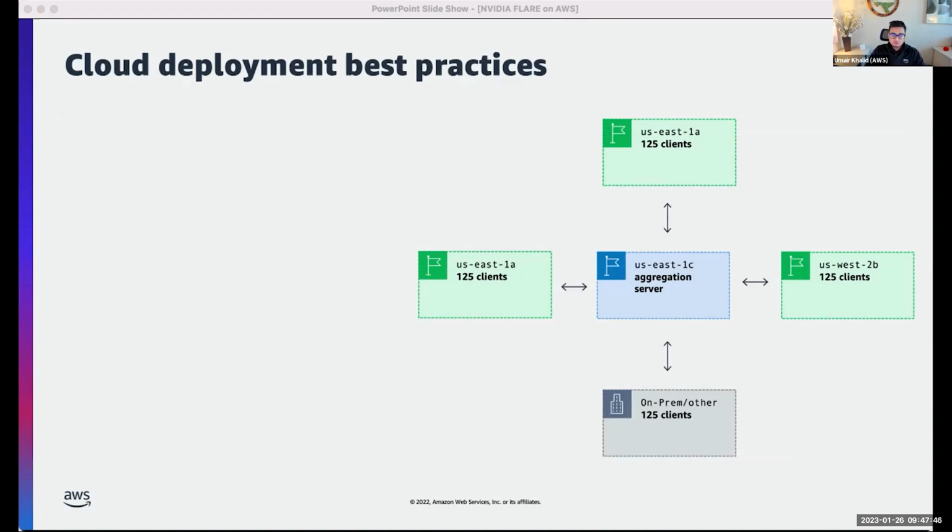So in terms of deploying FLARE on AWS on the cloud, there are a number of considerations that we recommend you take. It's going to be a distributed system, so it's important for you to architect this in a very robust way. This diagram you see here is a typical example. You have a central server environment, and you will have a number of these client environments as well, where they could be in different availability zones